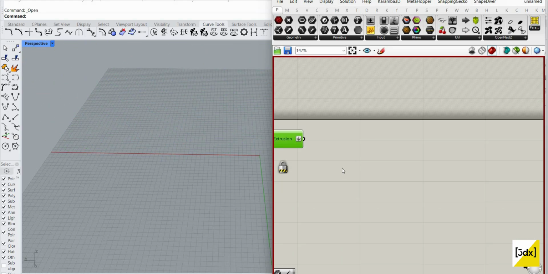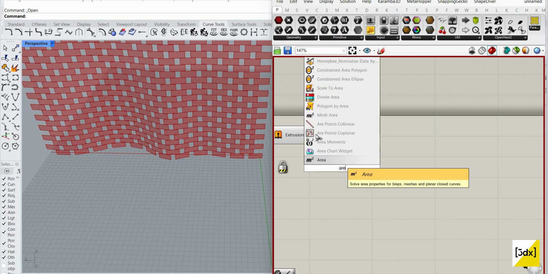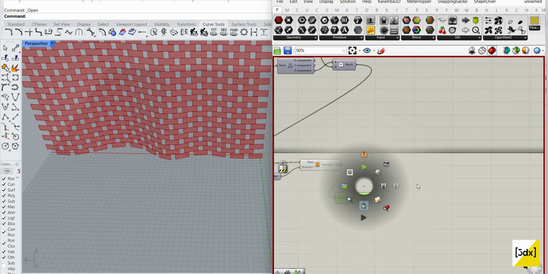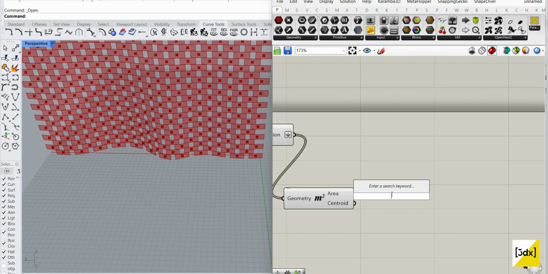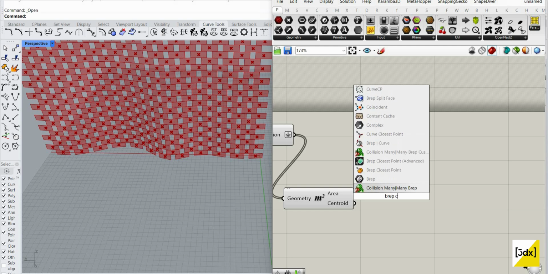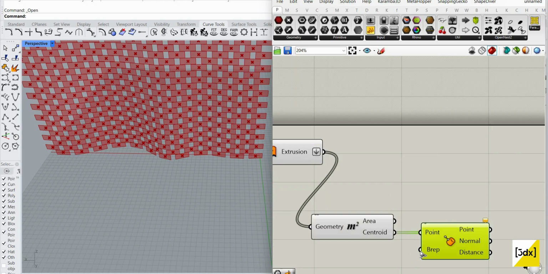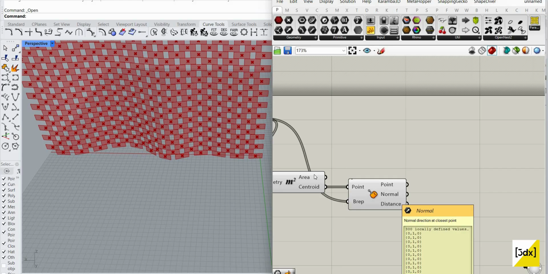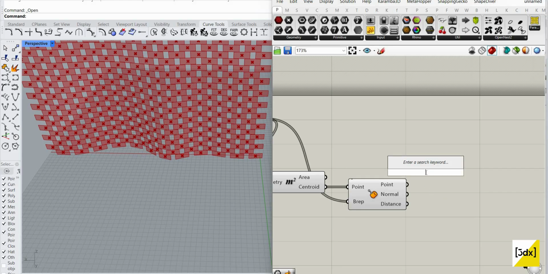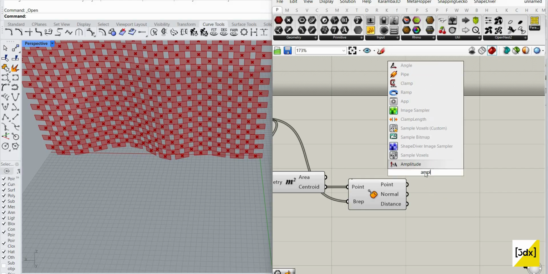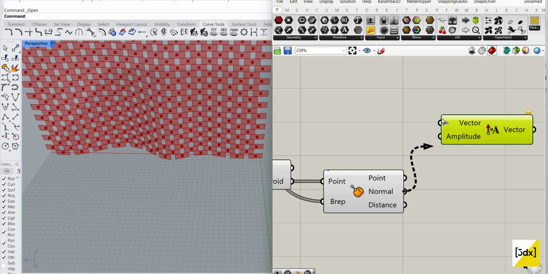Okay, let me try the area and bend up closest point. So you get a vector here, if you see here, and let me use the bend up. So you get the vector for everything, which is a really good amplitude, and